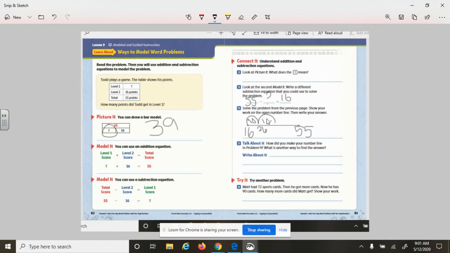Plus 10 more is 36. Plus 10 more is 46. I don't have a lot of room here, I'm sorry. I know I can't do 10 more because that would be 56. But if I did 47, 48, 49, 50, 51, 52, 53, 54, 55, then I would have